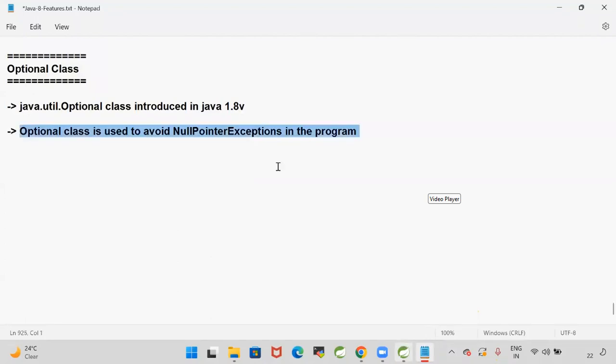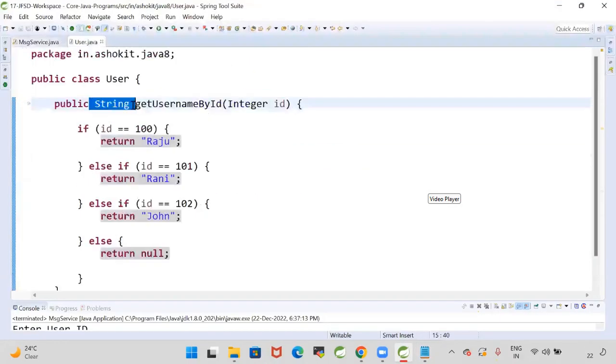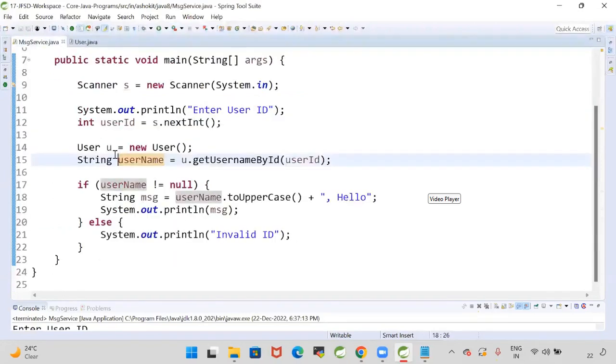What we can do is, here, as our method is directly returning a string value, the user may perform operations directly on the given value. My method is returning a string. This user class is developed by one programmer,